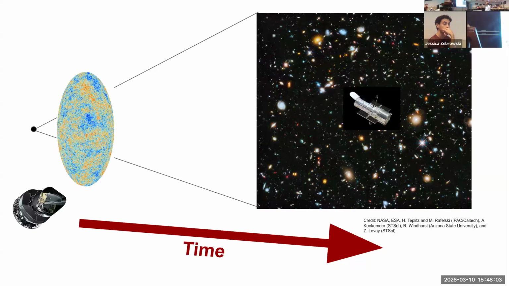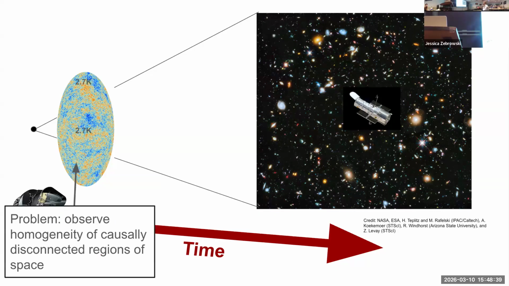Now, as an experimental cosmologist, to understand if this idea about the universe's history is correct, I build telescopes. And here you see some of the information that we have about our universe from other telescopes that have been built. So at the beginning here, at the cosmic microwave background, you have an image given to you by the Planck satellite. And of course, you have the Hubble Deep Field made by the Hubble Space Telescope. But even with just these two slices in time in the history of our universe, we can start to see that this simple picture of smaller and denser and then expanding and cooling doesn't line up.